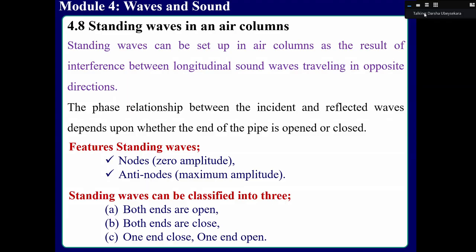If you have a particular tube, right, we can close one end and we can open one end, so that inside that tube the air will be there if you are not putting any liquid or whatever. So then within that air column there will be waves generated. So at a particular position the standing wave can be formed, right? So standing waves can be set up in air columns as the result of interference between longitudinal sound waves traveling